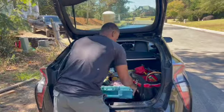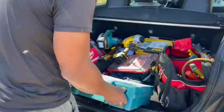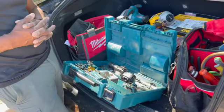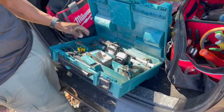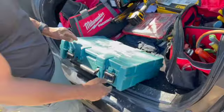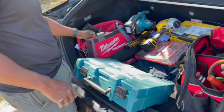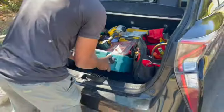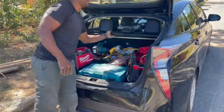And this is actually a good tool to have, guys. It's a Makita, a drill and hammer drill, and I also have the impact driver in here as well. So this is a really good tool to have. I usually keep trash bags, things of that nature, because I don't like the site to look nasty. And then one more nice tool to make sure you always have is